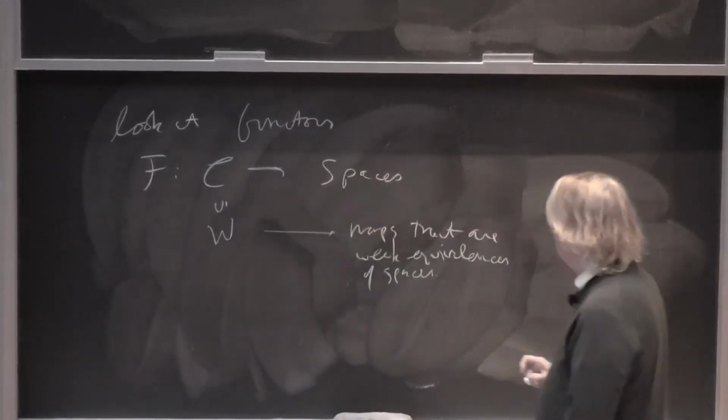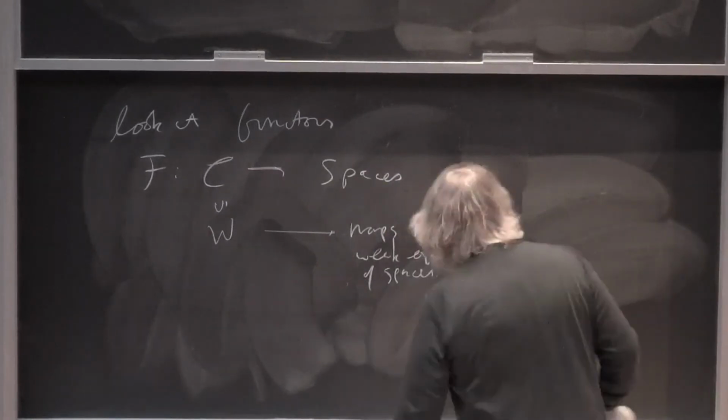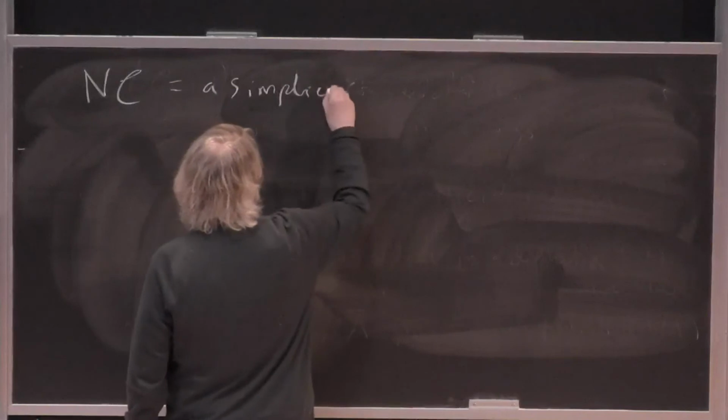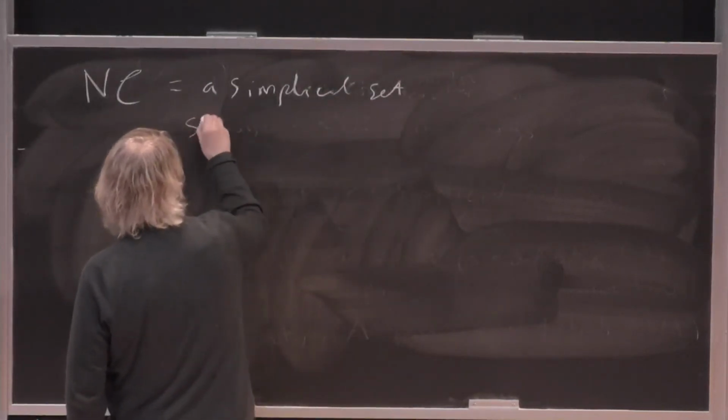So what are we going to get if we have something like that? I claim, if the calculations are not too off, that you'll get the following type of picture. Okay, we'll finish with this discussion here. Let's take the nerve of the category C. The nerve of category C is a simplicial set. The simplices